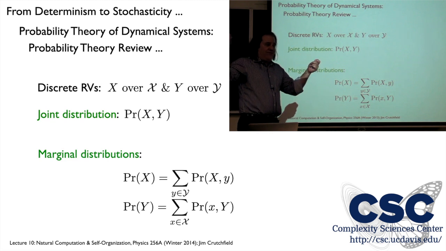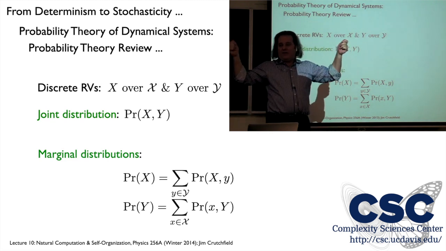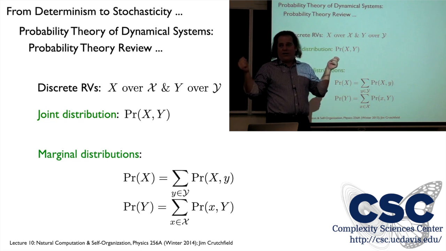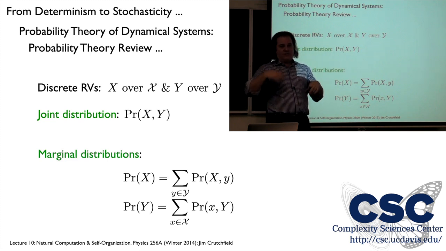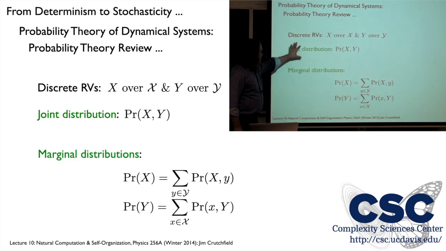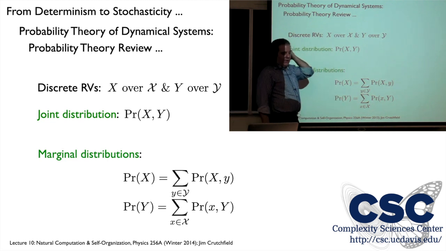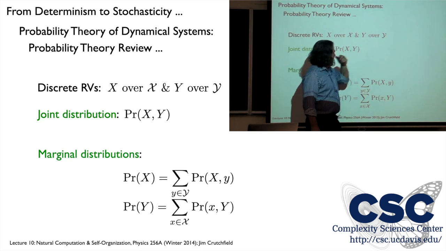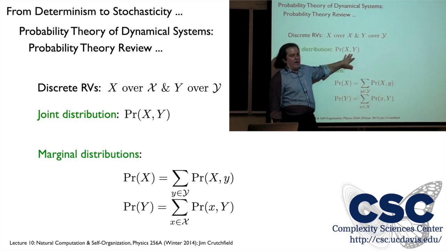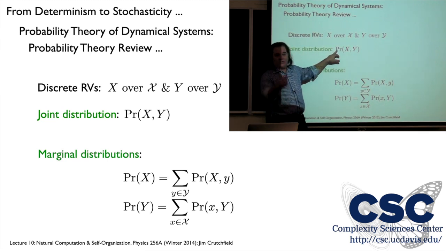Very often we have sets of different events out there, different observables, and we have questions about how they're correlated. This could be measurements across time, or it could be two different variables, temperature and amount of sunlight. So we need to talk a little bit about sets of random variables. So we're going to have two, big X and big Y, and they'll have the corresponding alphabets, script X and script Y. And they're going to be described by what's called the joint distribution. So we can think of the notion of events now as pairs of occurrences of X and Y. And then we assign probabilities just like we did before.